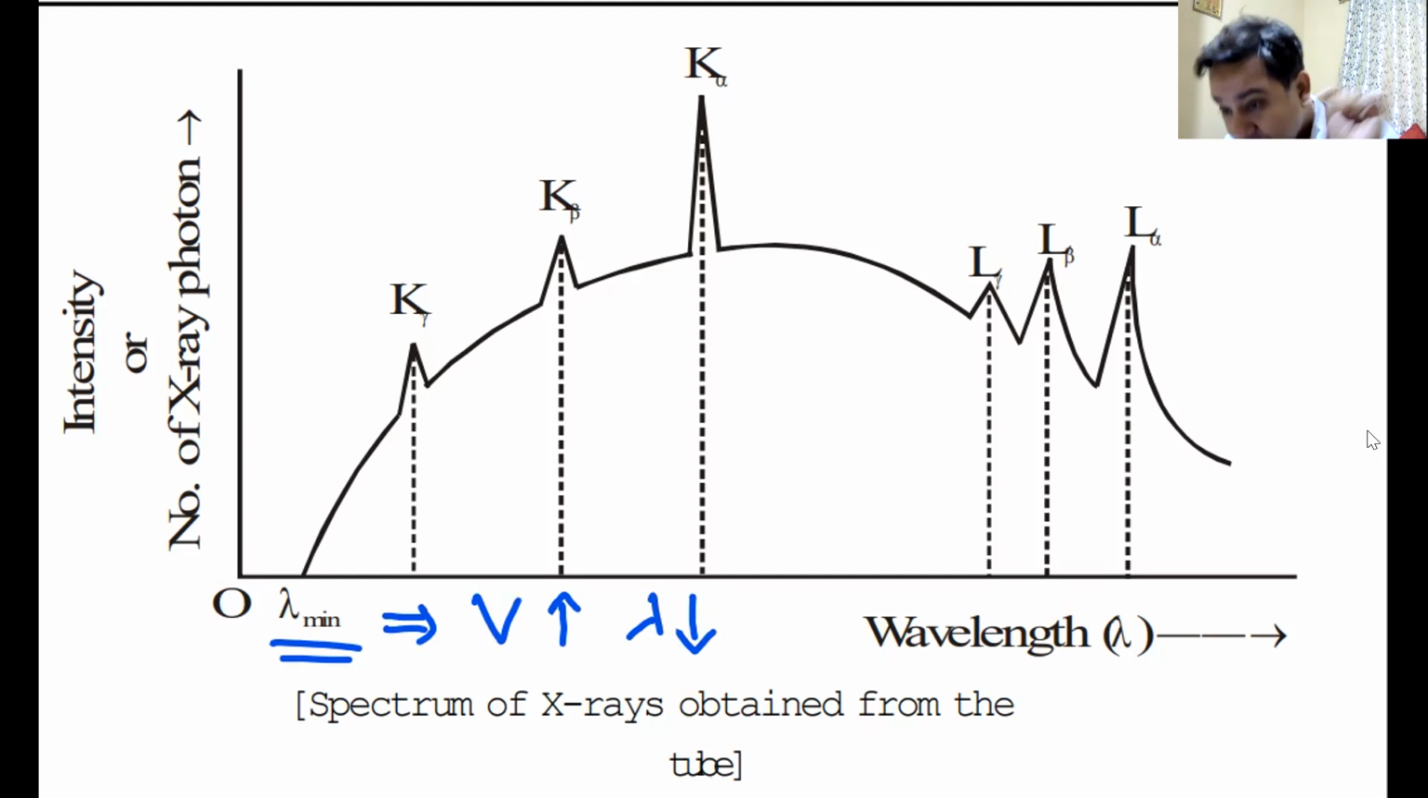Okay, so this lambda minimum only depends on the potential difference. And therefore, we have this continuous spectrum. It does not depend on the type of the metal. But then we have these spikes in between. And what are these spikes? All of a sudden, we get a spike. These spikes are coming because of